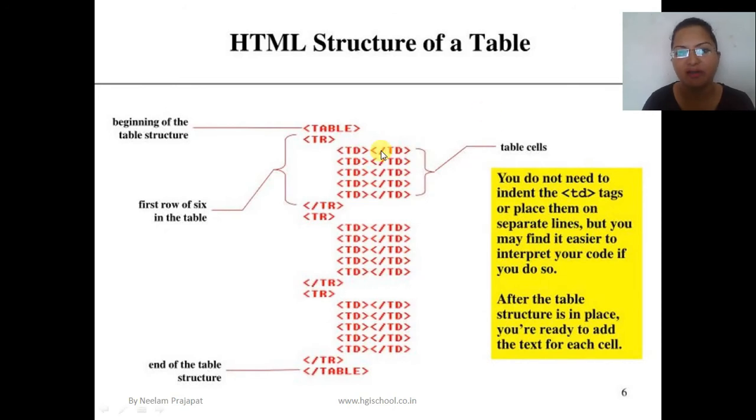Now the HTML structure of the table. Here you can see, can you identify the number of rows and number of columns in it? There is one table; the table tag starts and ends here. Then you can see the first row, second row and third row. In the first row how many cells are there? 1, 2, 3, 4, 5 TDs are there. That means this table has 5 columns. In the second row again there are 5 TDs, and the third row also has 5 TDs.